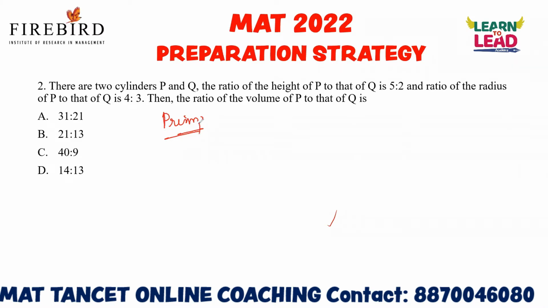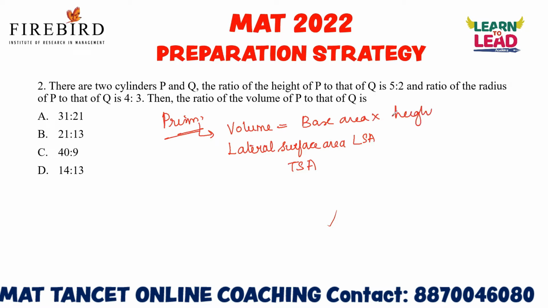You should know the basic formulas for prism: volume, lateral surface area, which we call LSA, and total surface area, which we call TSA. Volume is nothing but base area of the object into height. And lateral surface area is nothing but,